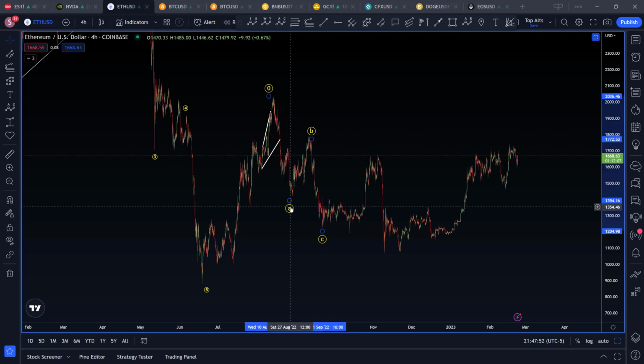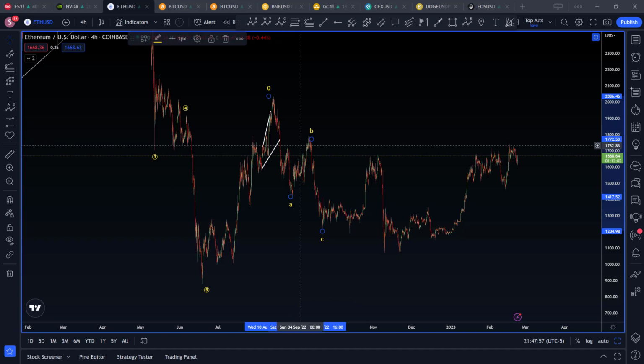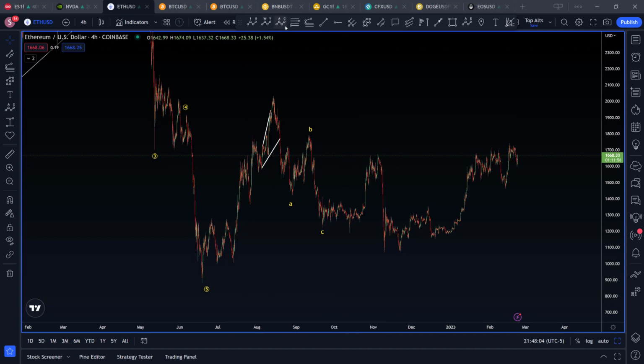I hate the look of it. I miss the old Elliott Wave labels, man. If anybody from TradingView is listening, I really miss the old labels. They were so much better. Normally you guys change things for the better, but not this time. Anyway,